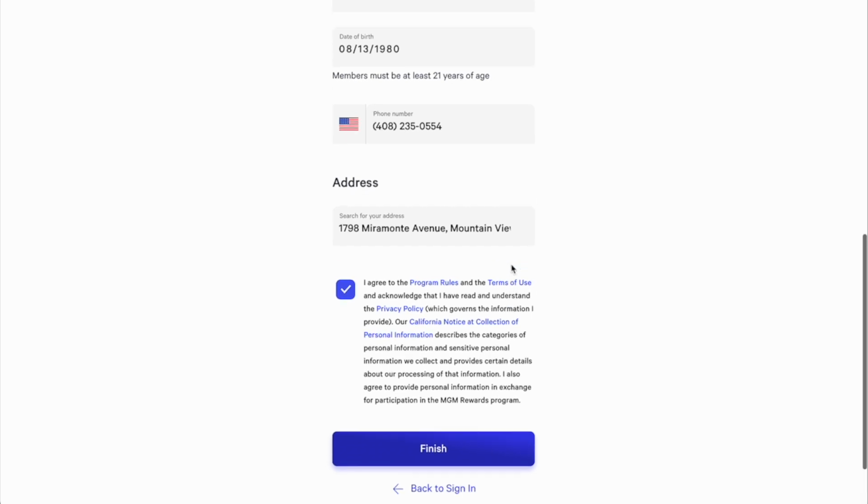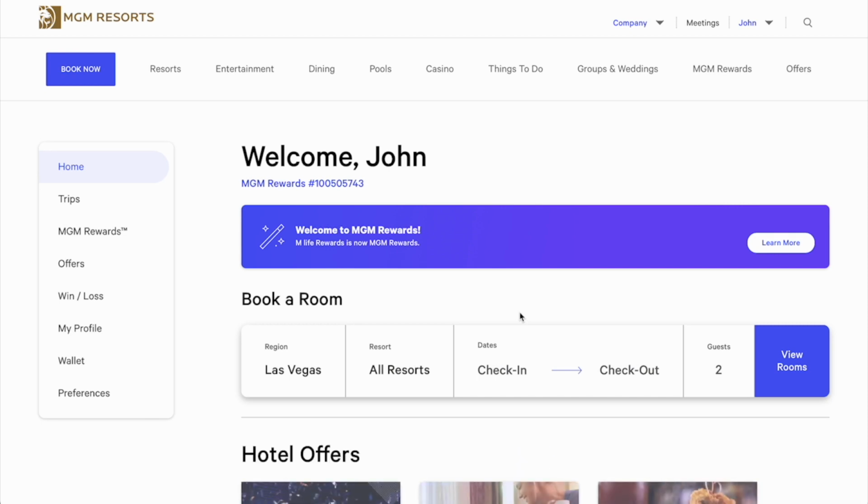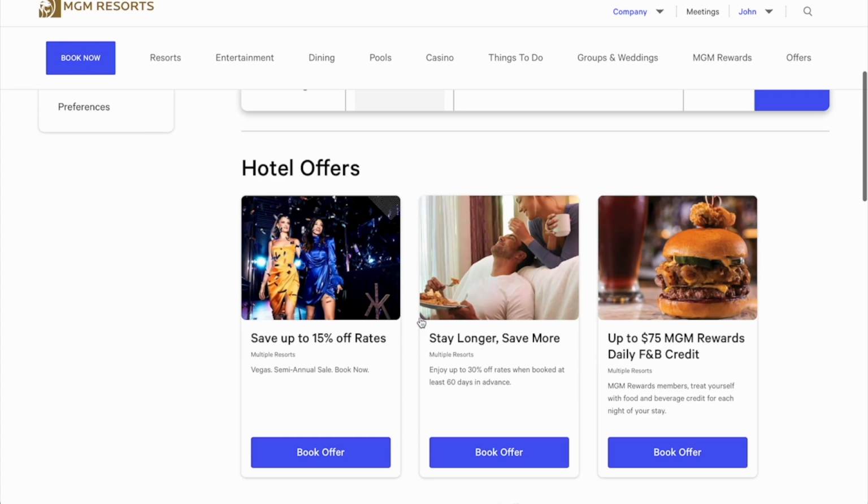So you go ahead and fill all of that out, then click Finish after you agree to the terms and conditions. Welcome to MGM Rewards. So officially you now have an account, you're given a number, and then in here you'll actually see a tab